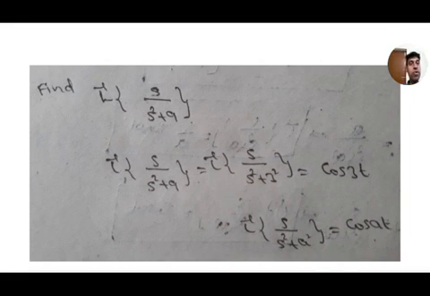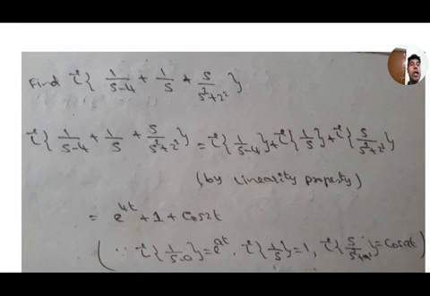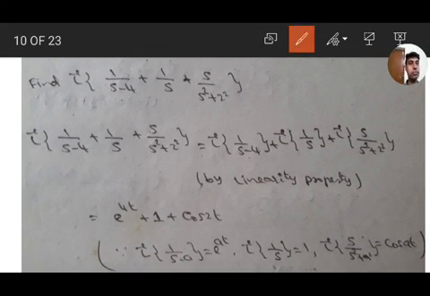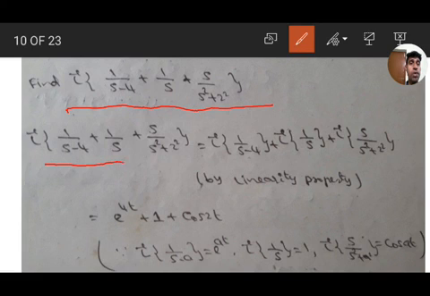Okay, move for next problem. L inverse of 1 by s minus 4 plus 1 by s plus s by s square plus 2 square. Here it is a sum of 3 functions. So L inverse of 1 by s minus 4 plus 1 by s plus s by s square plus 2 square